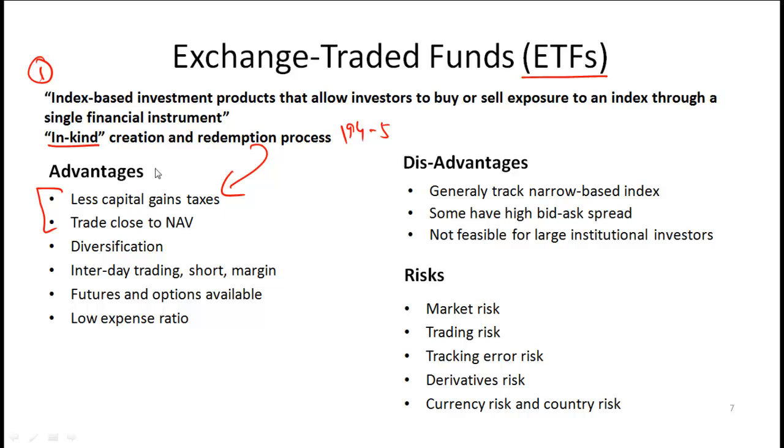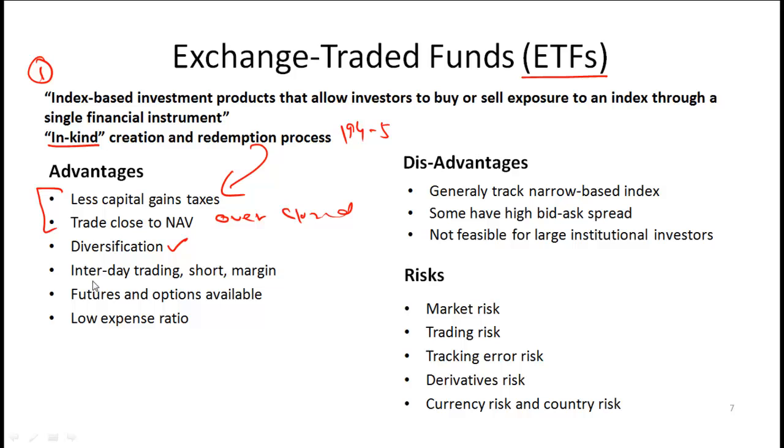So across the fund, there are less capital gains taxes relative to say an open-ended mutual fund. So that's one advantage. Another advantage that comes from this in-kind process is that the exchange traded funds typically trade close to NAV. So this is an advantage over the closed-end funds. Open-end funds generally would also trade close to NAV. Some other advantages, so diversification. Clearly, if you invest in an exchange traded fund which is based on an underlying index, you get a diversification benefit, and that you do by investing actually in any passive index based fund, but obviously this is an advantage for exchange traded funds.